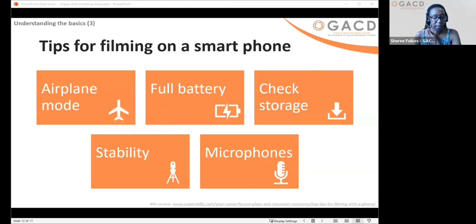A couple of additional things are perhaps, well, I've already mentioned a tablet, but you can film on a tablet or a number of other devices that have smartphone features. And if you don't have a modern phone, you can use an old phone without a SIM card, and you can use the camera part of it and then connect it later to Wi-Fi to export the video. So that could be an option if you don't have a current phone.